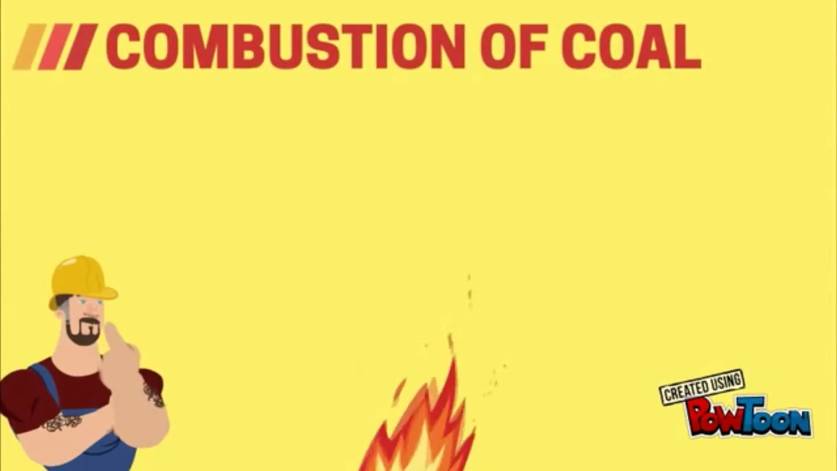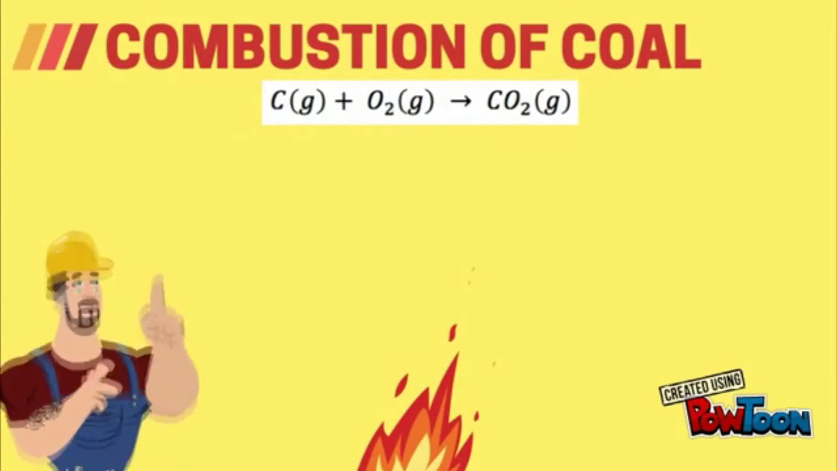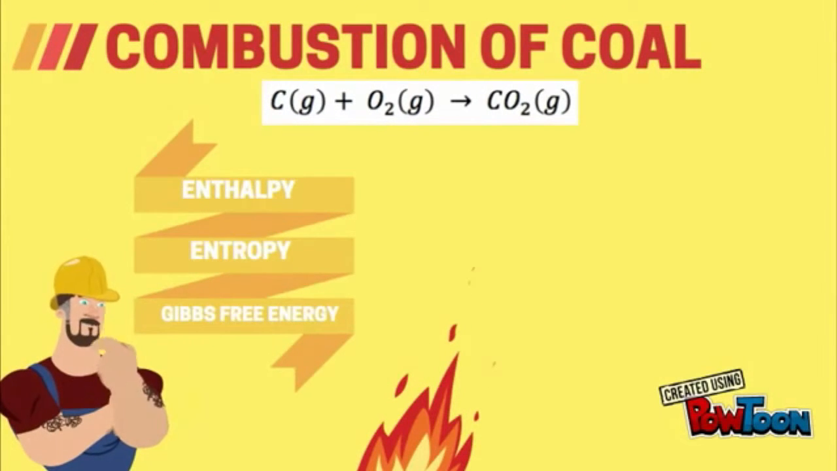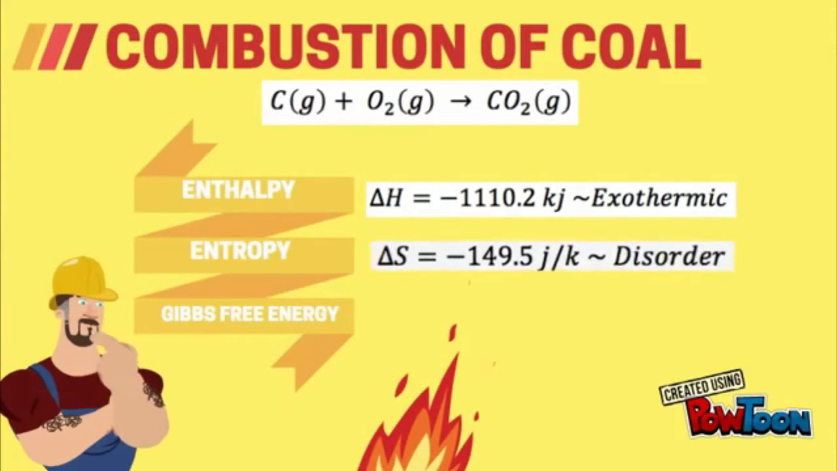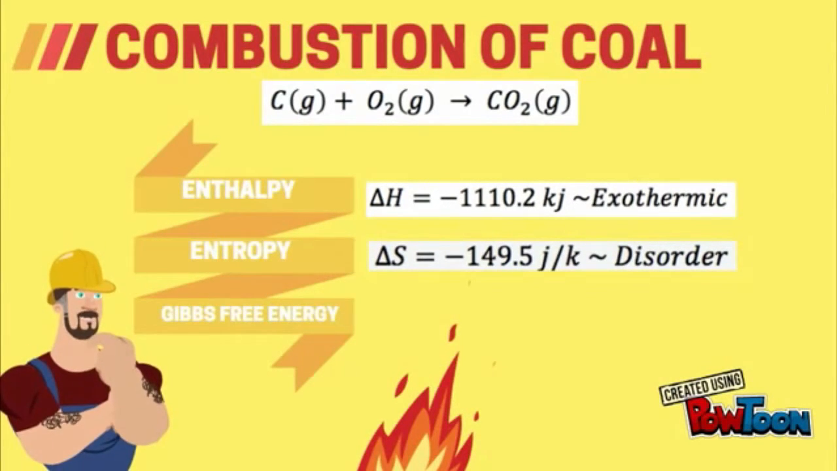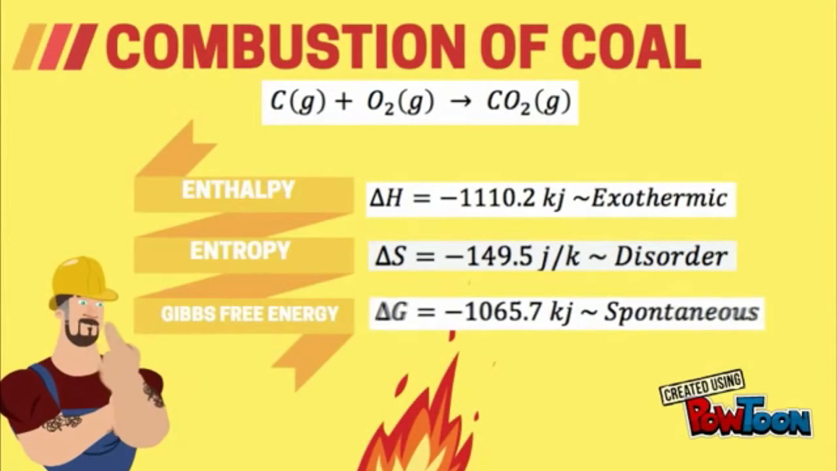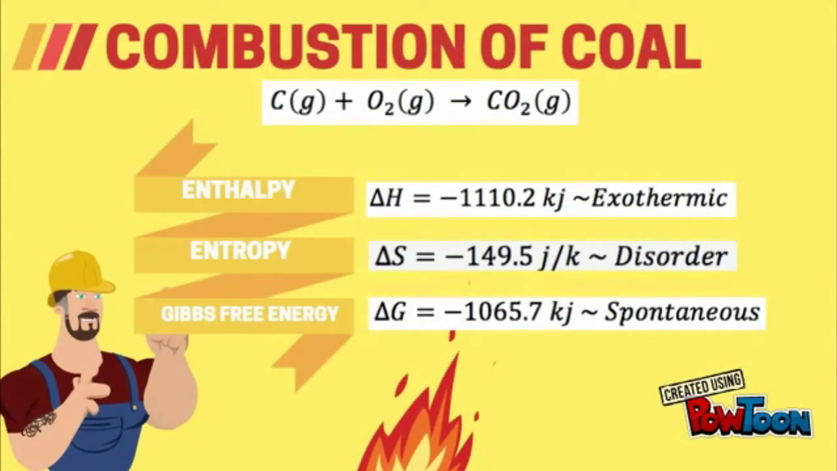Another reaction is the combustion of coal. We then get the enthalpy, entropy, and Gibbs free energy. We get a negative enthalpy, meaning the process is exothermic. We get a negative entropy, meaning the process is less disordered. We get a negative Gibbs free energy, meaning the process is spontaneous, which does not need energy or work for